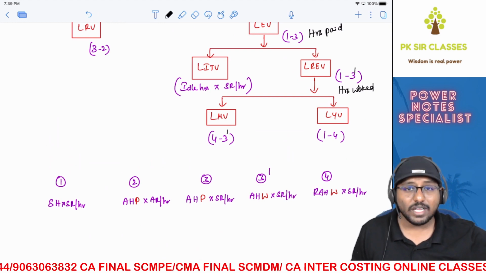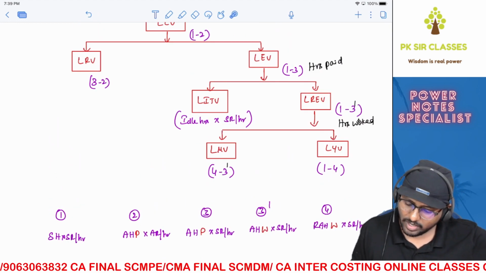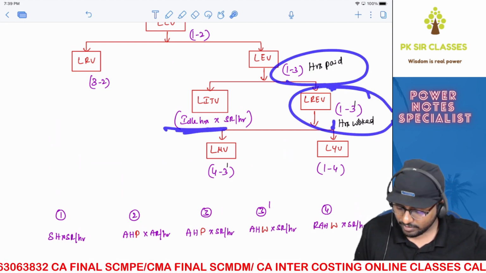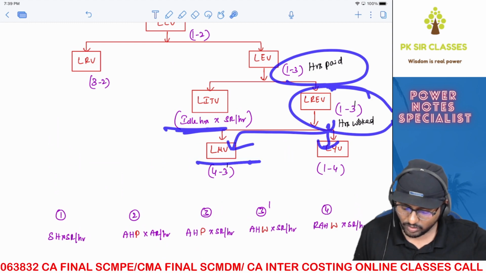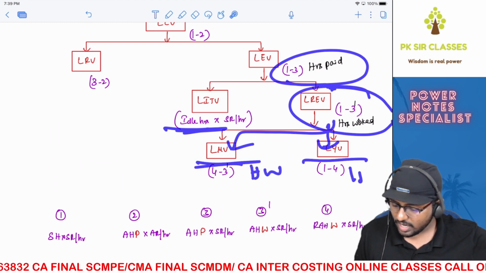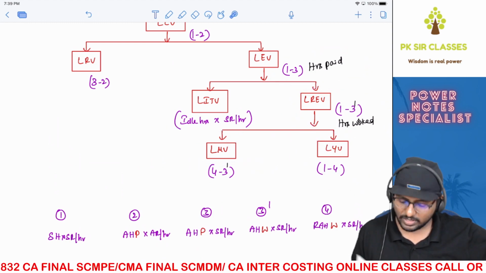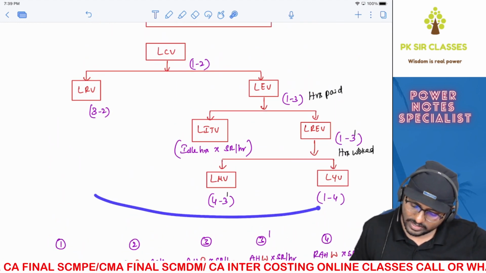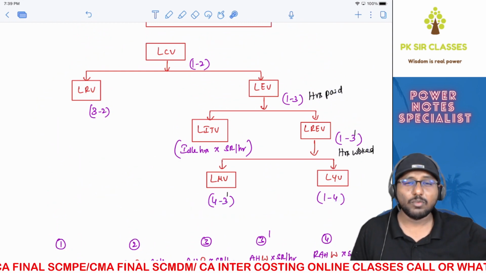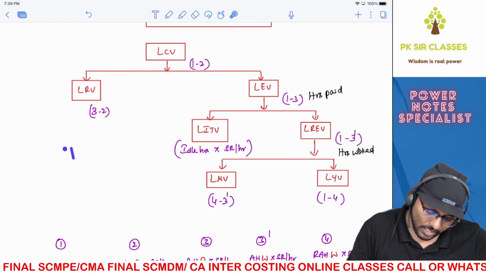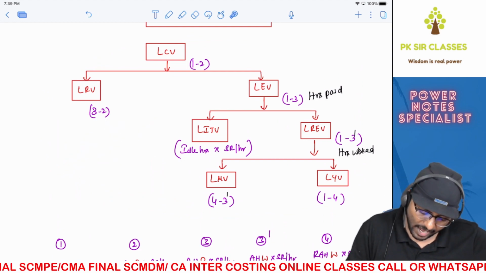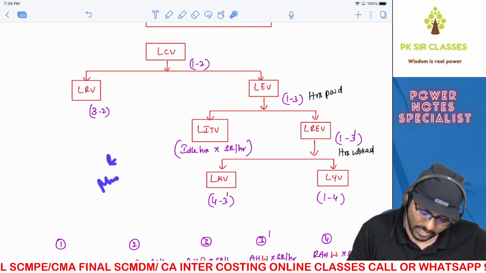Why is it 3 dash? 3 dash means you should be taking actual hours worked. The logic is very simple. From hours paid, once you have removed idle hours, what will be left over is hours worked. From this only you are getting further classification. So here also hours worked, here also hours worked. Are you able to understand? The logic is very simple. You got this? So when you will be using this entire classification, pretty simple. The moment you read the question, in the question you have found that there is idle hours and you have also found that there is multiple labor.